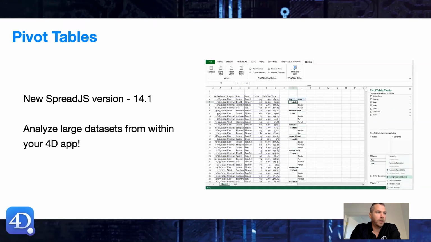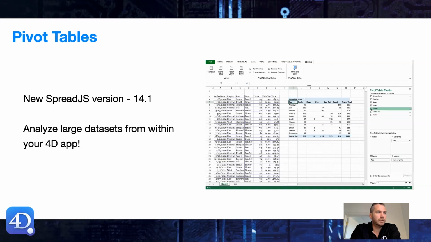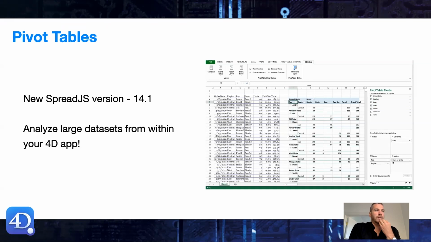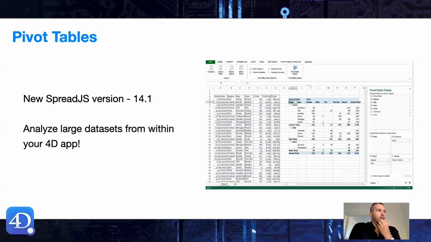You can move things around from rows to columns. You can add unit, you can do sums, you can do pretty much whatever and you can reorder as needed. All of it's done on the fly. So it's super cool. And thanks to the new version of Spread.js, there are many other features thanks to Spread.js version 14.1. There's a lot more charting features and things like that. So really have a look. If you're using 4D View Pro, I invite you to have a look at the new features inside the ribbon bar